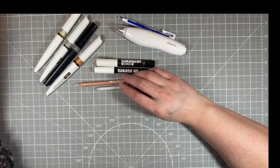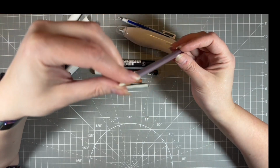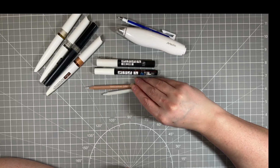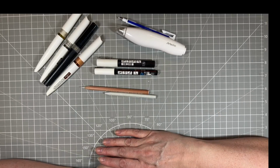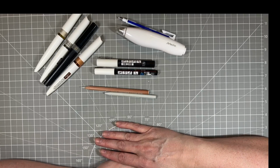I have these as well, which I never use. Burnisher. It just feels like I'm rubbing stone onto the paper. I never use those. Don't know why I've just showed you them. They just sit there in my pot. Abused and never used. And yeah, I think that is pretty much all my goodies that are my most favourite,